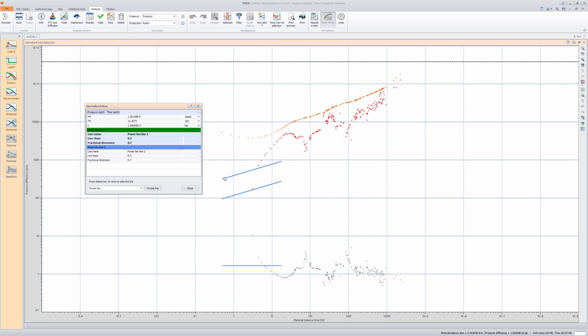Notice the line parameters. The fractional dimension or half-flow dimension gives an insight into the nature of the fracture network geometry. It has a value between 0 and 0.5 for sublinear or linear flow, and between 0.5 and 1 for subradial or radial flow. For Power Law Line 1, keep the default slope of 0.3 that defines fractional dimension equal